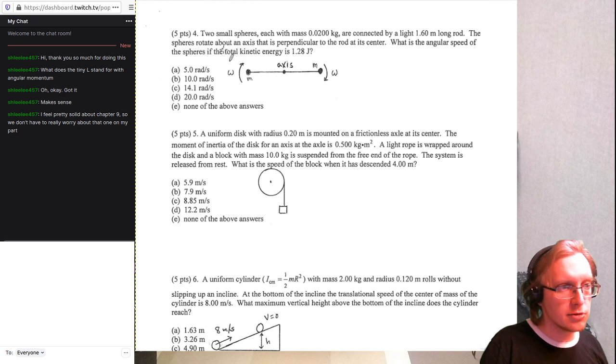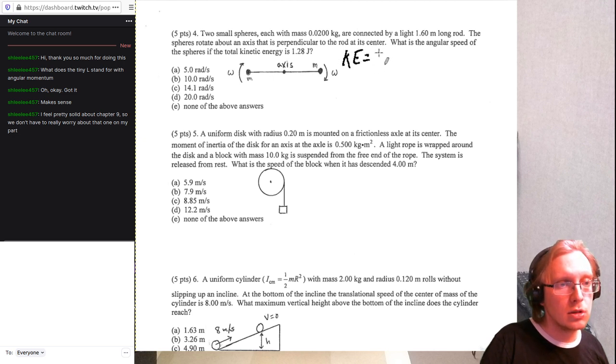The sphere is rotated about an axis that is perpendicular to the rod at its center. What is the angular speed of the spheres? The total kinetic energy is 1.28 joules. All right, so we have kinetic energy